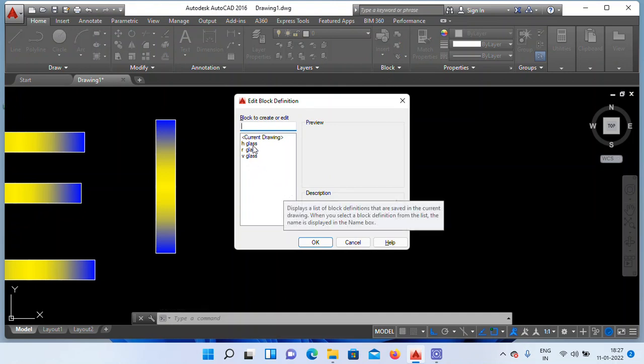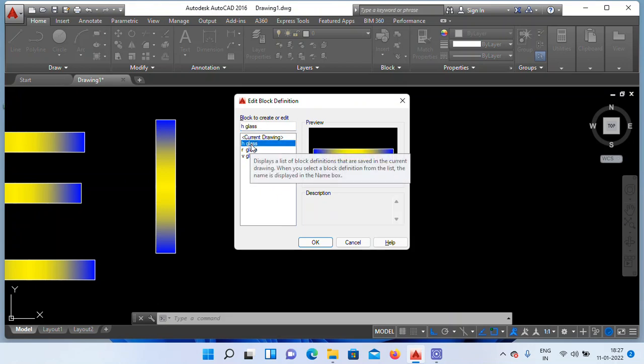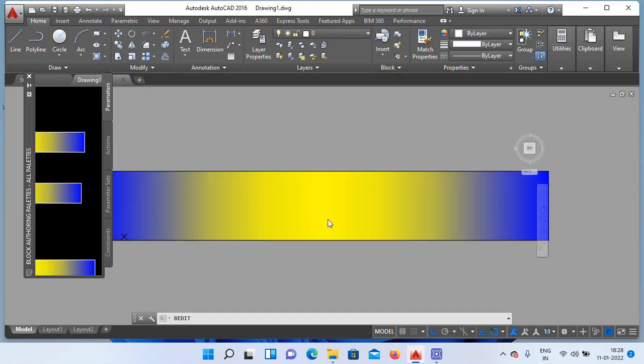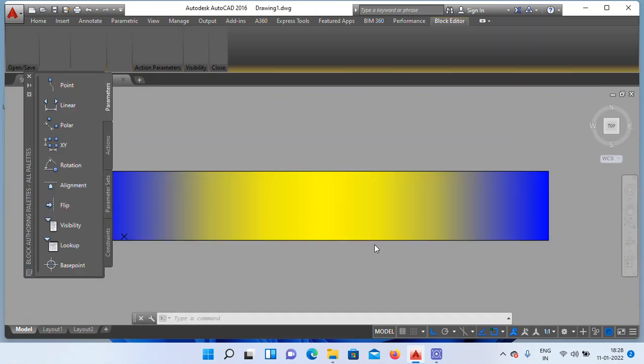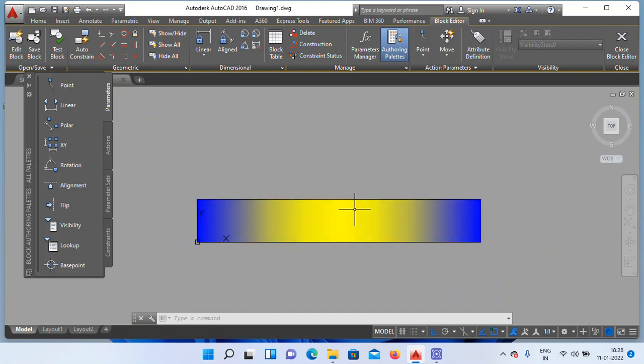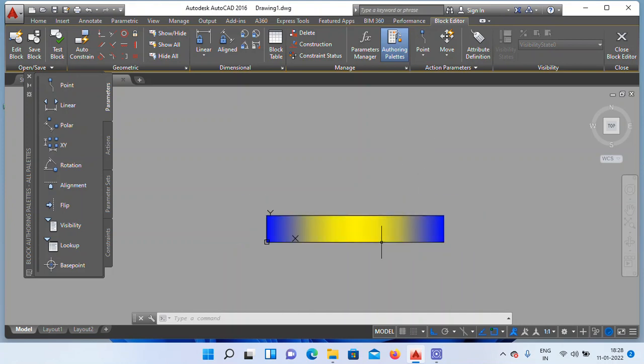Good. Yes, H glass. Click on OK. Right. I want to modify. I want to increase the size upwards.